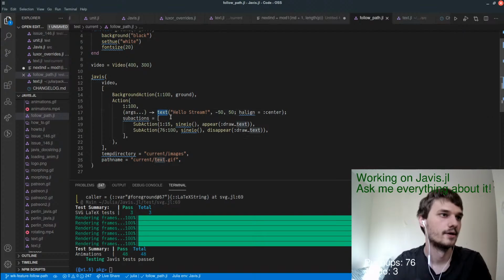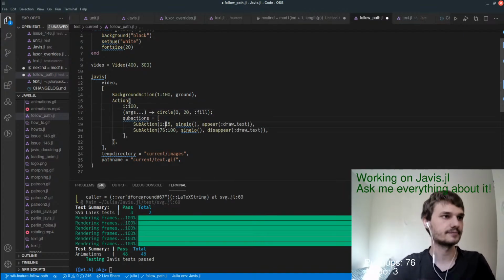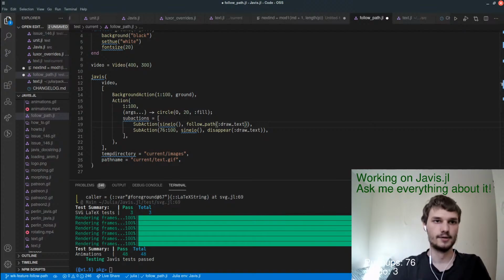And we have our circle, which is at the origin, has a radius of 20, and we want to have it filled. And then it should follow path of, oh,